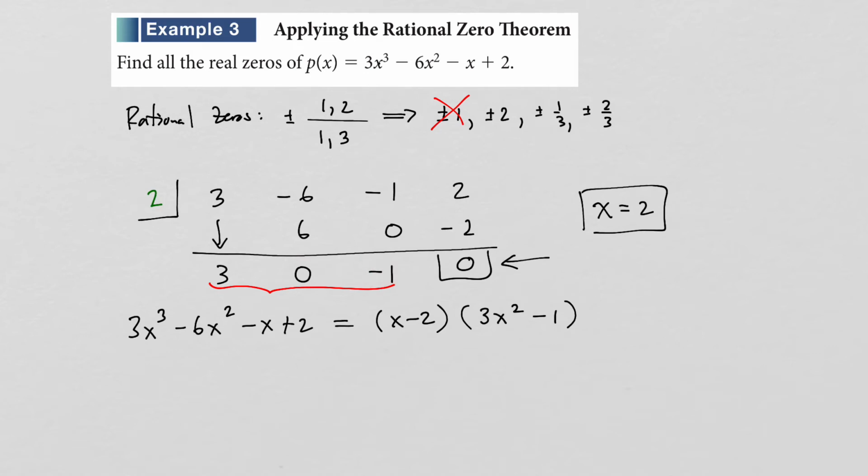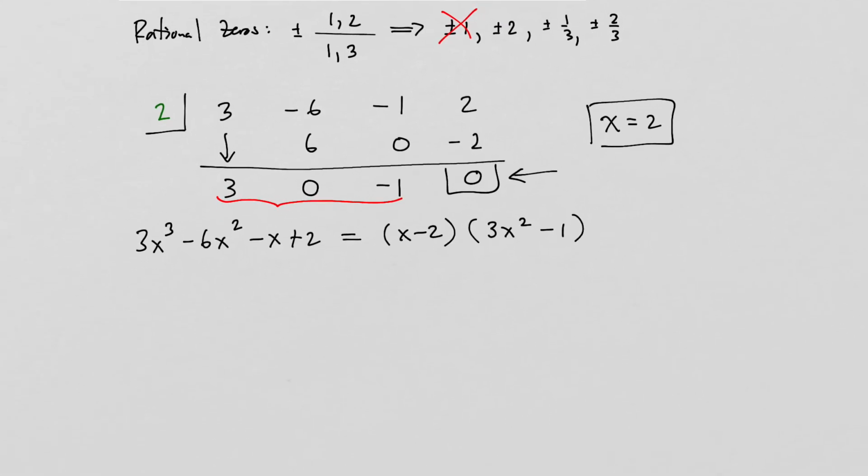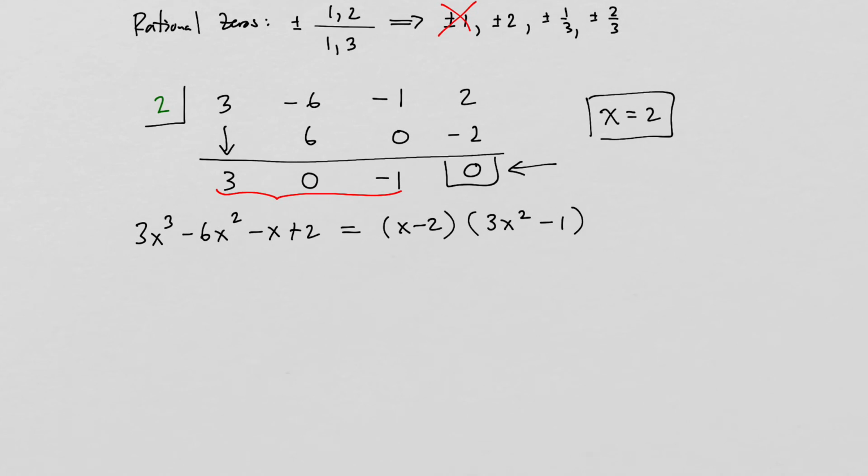Now, how do we get the other zeros? Well, there's a couple of different ways you can do it, but the easiest way is you would first try to factor this. Now, this doesn't factor easily because it's not the difference of two squares, but notice that if you take that factor 3x squared minus 1 and you set it equal to 0, you can solve for x by simply adding 1 to both sides,